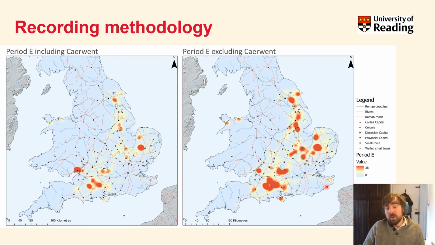But also, not all sites by any means have 22,822 Roman coins from them. And so we want to be able to compare and contrast areas where there's vast quantities of coins with areas where you actually only see a handful.